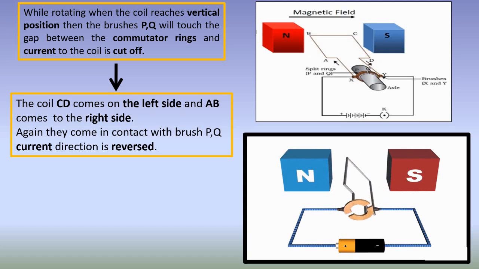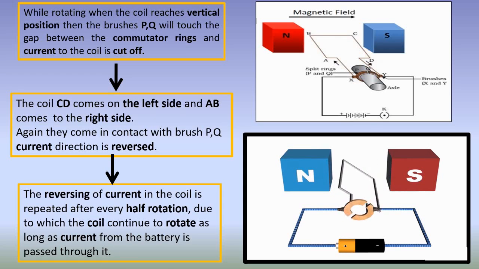Like at every half rotation there will be reversal of current, and due to this there will be reversal of direction of force, and due to this the coil will continue to rotate in the anti-clockwise direction. So the reversing of current in the coil is repeated after every half rotation, due to which the coil continues to rotate in the anti-clockwise direction in our case